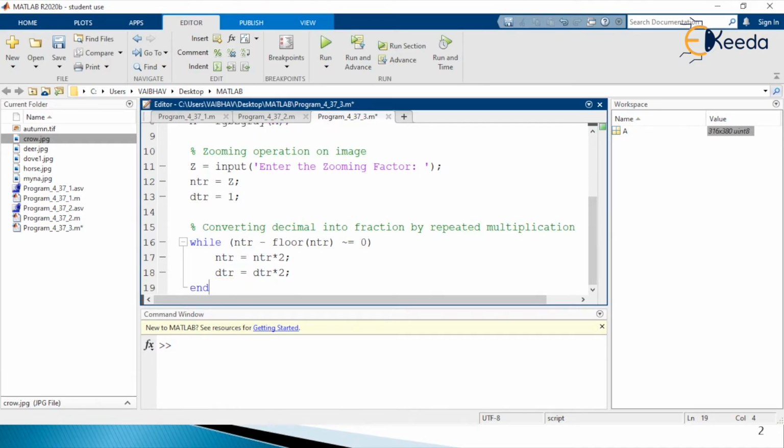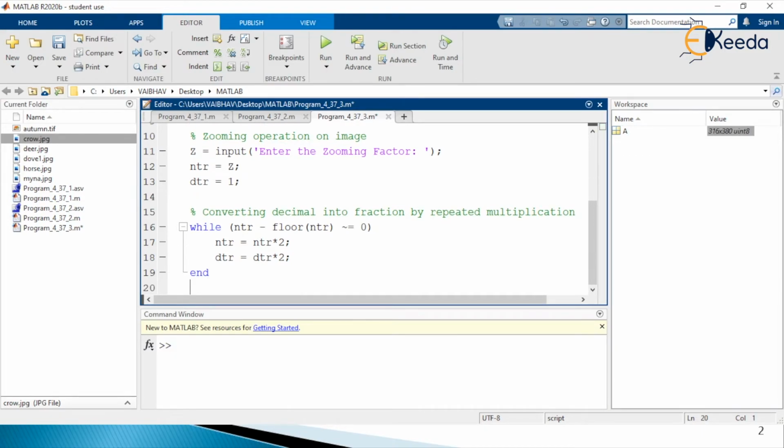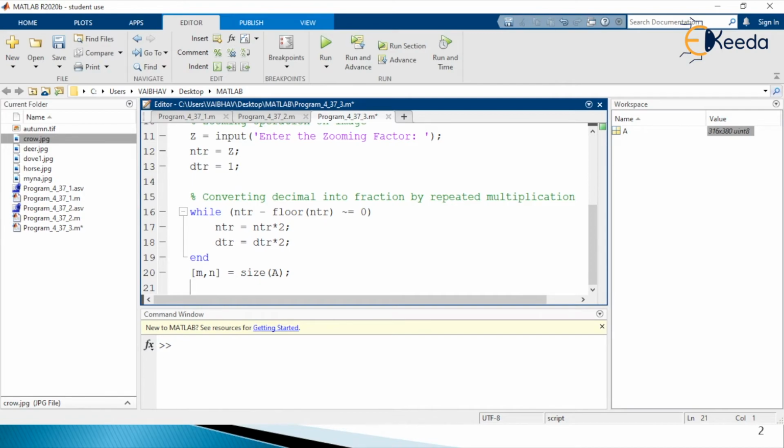Now as we have the input image held by the variable capital A, let us define two variables that will hold the dimensional information of the input image. This is with the help of the size MATLAB keyword, and the input argument is capital A. Next we define another variable with the name S1. So S1 is equal to NTR asterisk for multiplication with small m.